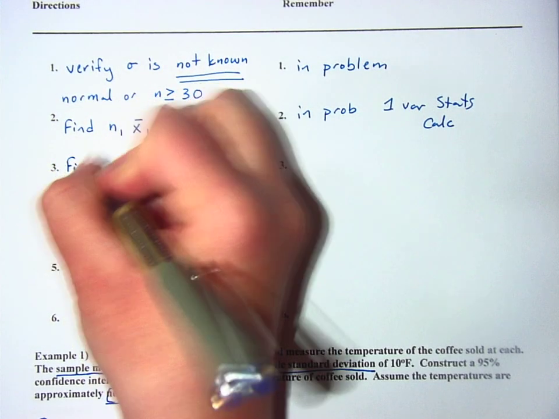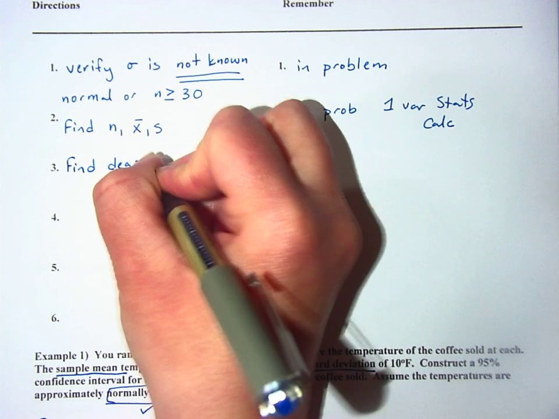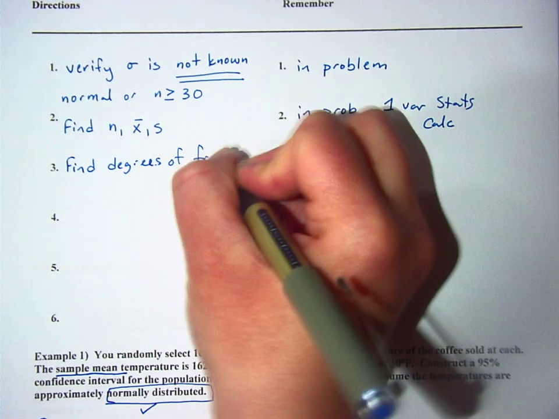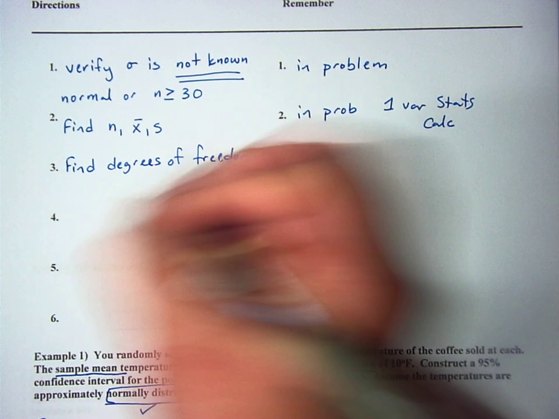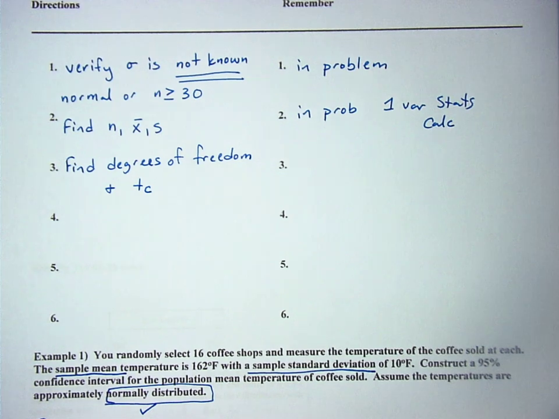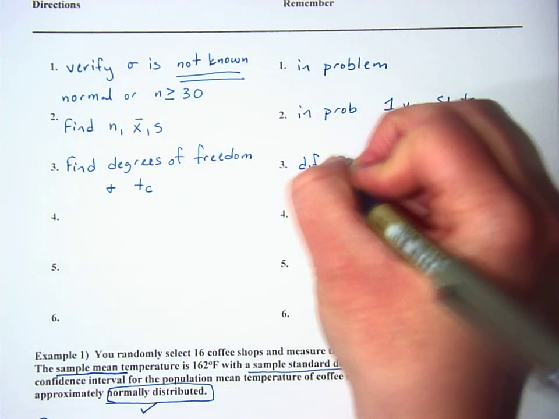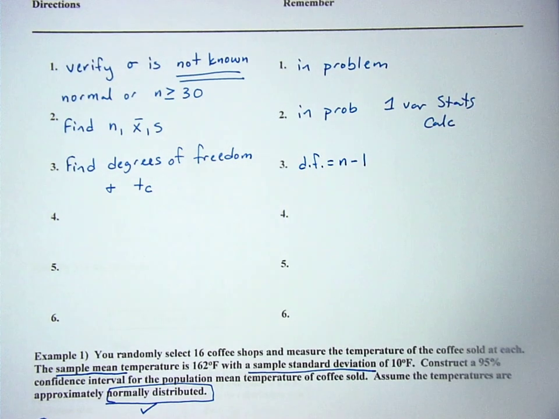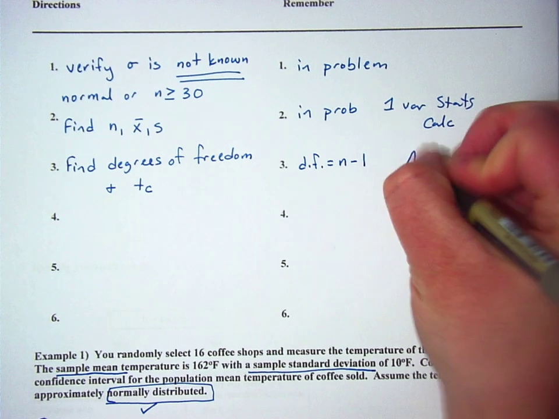Alright, next you need to find something called the degrees of freedom. This has nothing to do with being in the United States. And T sub C. Okay? The degree of freedom formula is n minus 1. Do you remember how when we were doing sample standard deviation we divided by n minus 1 instead of n? It's the same concept here. This is just a sample, not a population, so it gives us a little bit of wiggle room. Instead of calling the population or the sample what it is, we just subtract 1. T sub c, you can find out by going to page